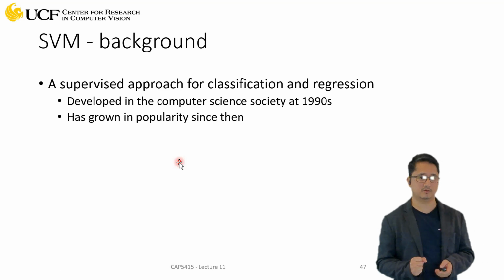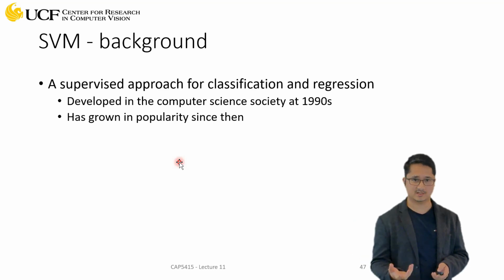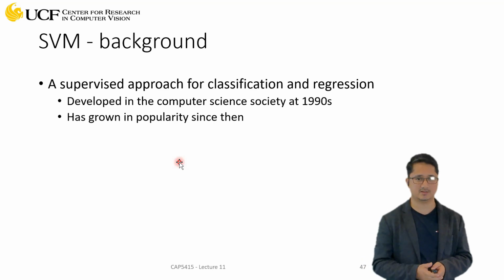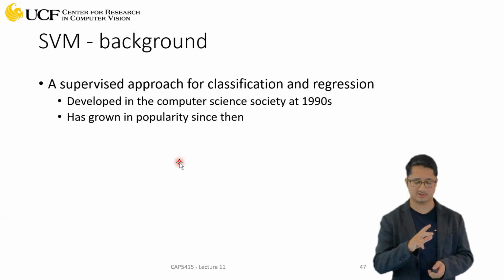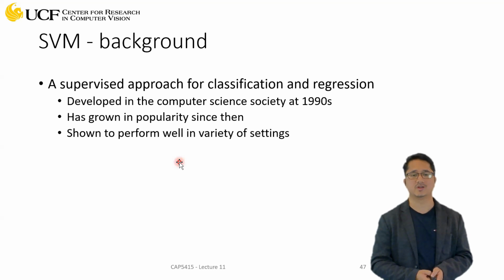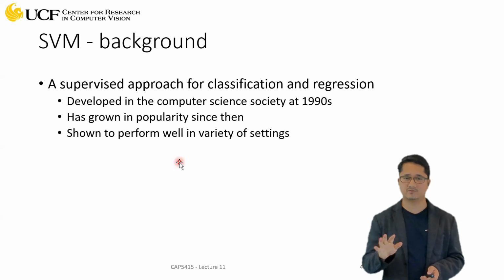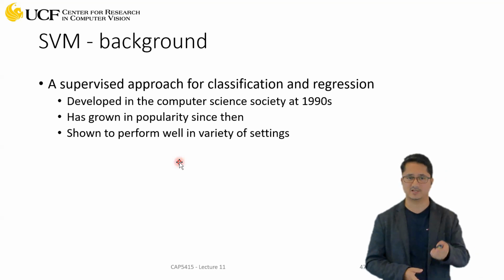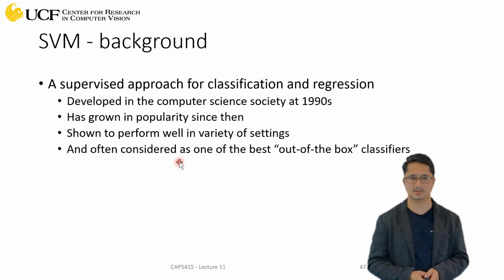So they are very, very powerful. And in some cases where we don't have a lot of data, I think SVMs can still outperform your traditional CNNs, but that's a separate topic. Let's not go there. So the story is, in the 1990s, researchers were working on both support vector machines and neural networks. But back then we didn't have a lot of data. We didn't have a lot of computation power. So neural networks were going very slow. But with SVMs, we don't need a lot of data, right? We can quickly train. We can just optimize simple parameters,